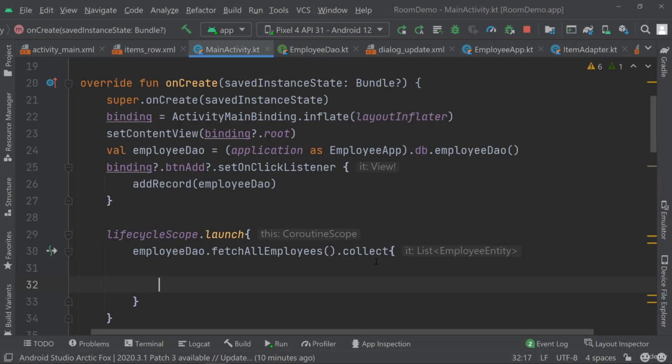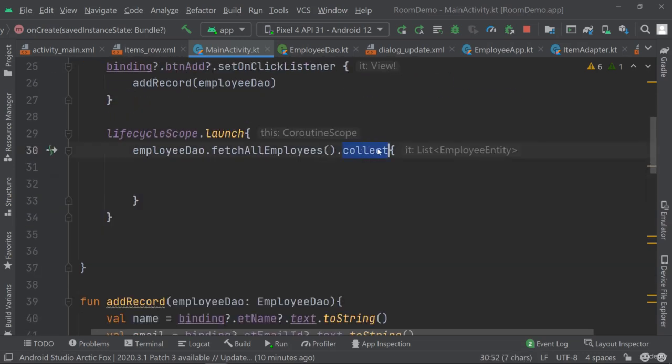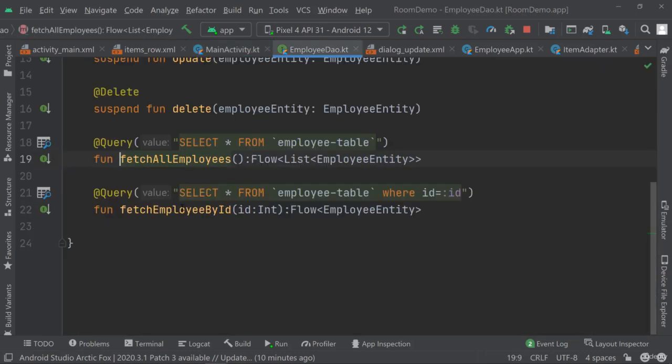the entry. So it will basically, with this collect method, we now get the list of employee entity items that are inside of our database, because this fetch all employee is this DAO method that we created, which selects all, so star, from our employee table. So it's going to give us all the entries that we have in our employee table. It's going to fetch them, and it's going to return a flow,